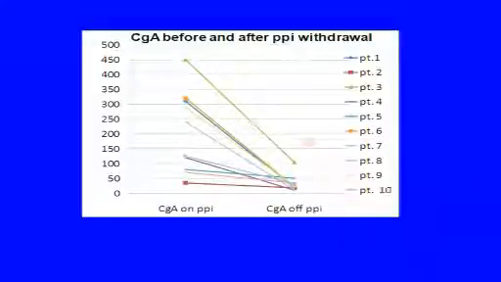I'm just showing you 10 patients here that were taking proton pump inhibitors, and we withdrew that for a week and took a second sample, and you can see that the Chromogranin A's were really raised and came down to within the normal range. You can see that some were really very much raised, when I'm saying that I'm worrying about anybody with the chromogranin A above 100.